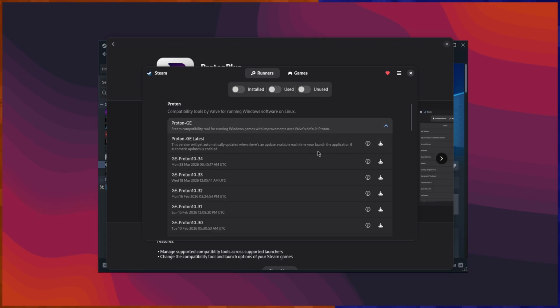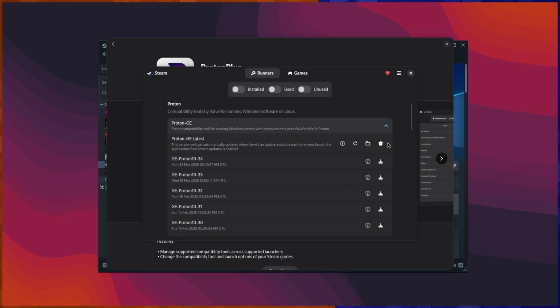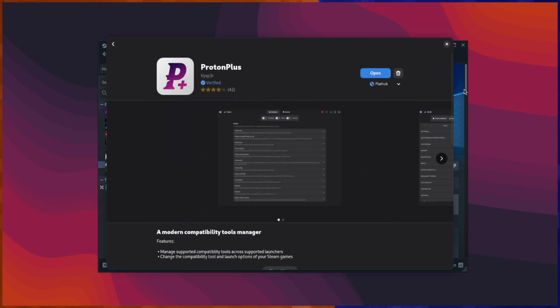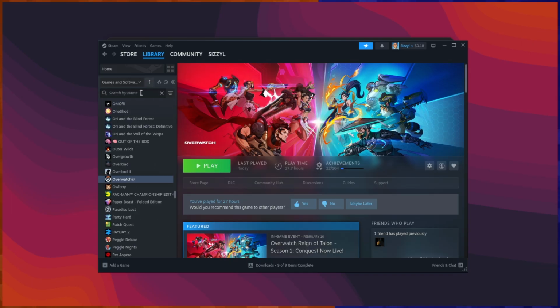So you just want to hit Proton GE latest, hit that download button, and this gets a community version of Proton that is normally way ahead of what Steam has. So if a game's not working for whatever reason, and it actually can work on Linux in one way or form, and it's not one of the games where the developer disabled Linux, because some developers, for whatever reason, disabled Linux. One of those games is, I think, Rust, which made it so Linux can't work unless you're on an unsecured server. I think Fortnite is a known one where the guy who made Fortnite just hates Linux, so he disabled it. But either way, once you have that up and running, if we go to Properties now, and we go to Compatibility,